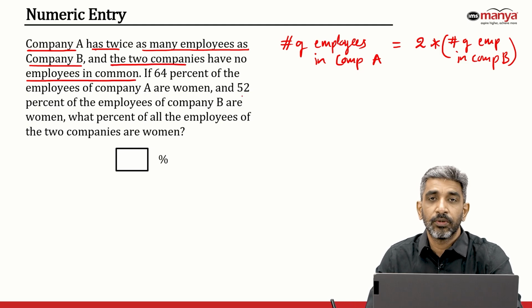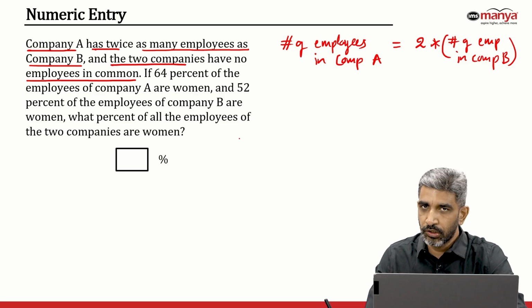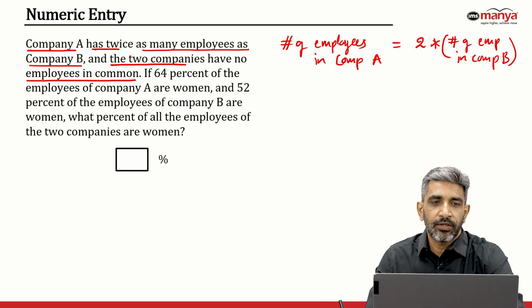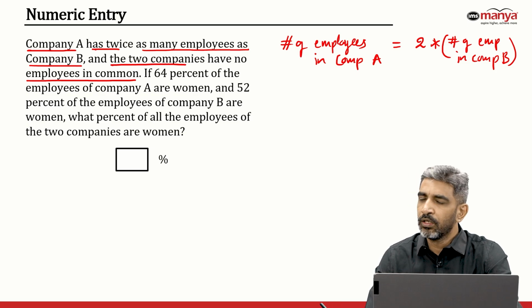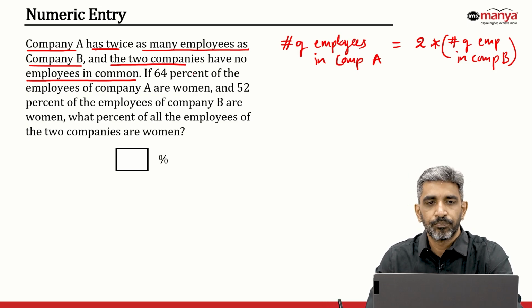This is very important because if this wasn't given, then we would be in a situation where we had to evaluate how many employees were exclusive to Company A and how many were exclusive to Company B. Now that the question is clarified, there are no employees in common. We know everyone who works in Company A belongs to Company A, and everyone who works in Company B belongs exclusively to Company B. If 64% of the employees of Company A are women,